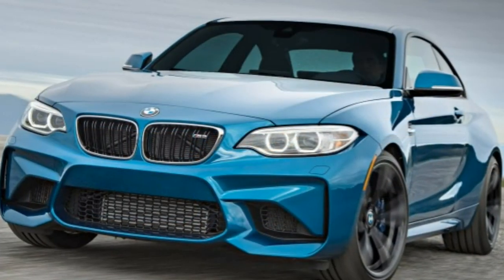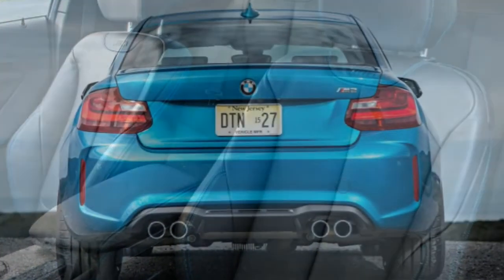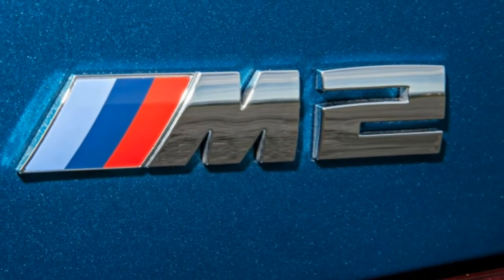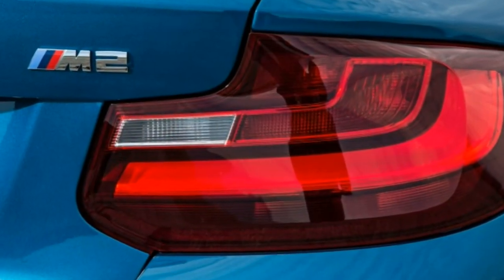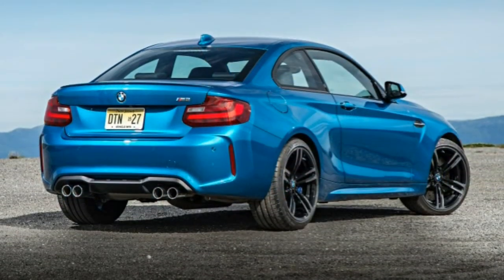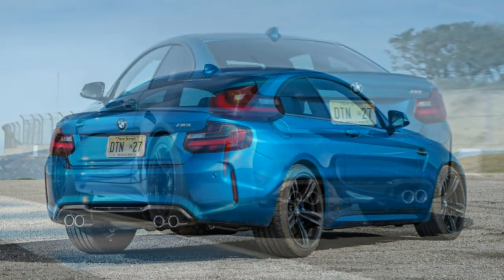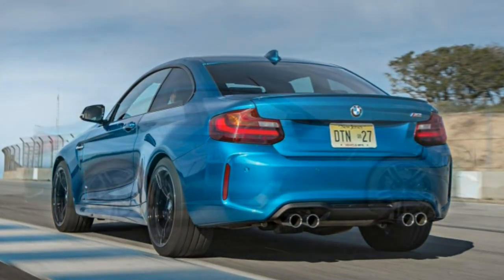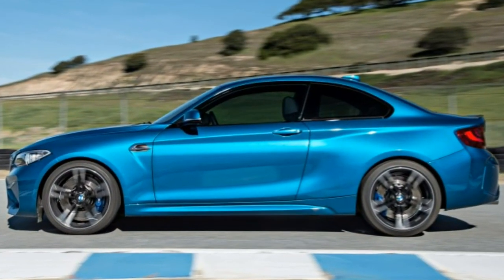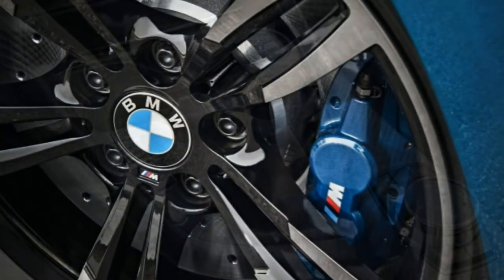Body styles, trim levels, and options. The 2017 BMW M2 is a 4-passenger, two-door coupe that comes in a single, well-equipped trim level. Standard features include 19-inch alloy wheels, xenon headlights, automatic wipers, auto-dimming driver and interior mirrors, keyless ignition and entry, automatic climate control, leather upholstery, 10-way power front sport seats with 4-way power lumbar, heated seats, driver memory settings, BMW's iDrive